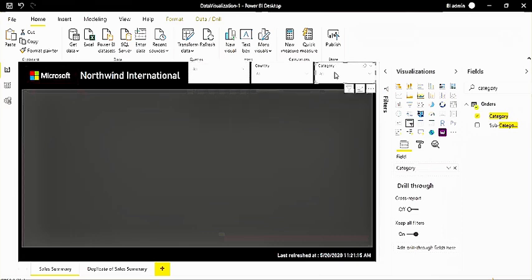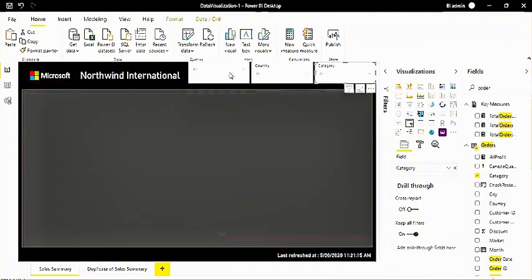If I add any date type column for the slicer, then you will see multiple functionalities here in this list. Let's see, instead of category, if I add the order date here, it means these slicers behave as per the column data type. So if I add order date here,